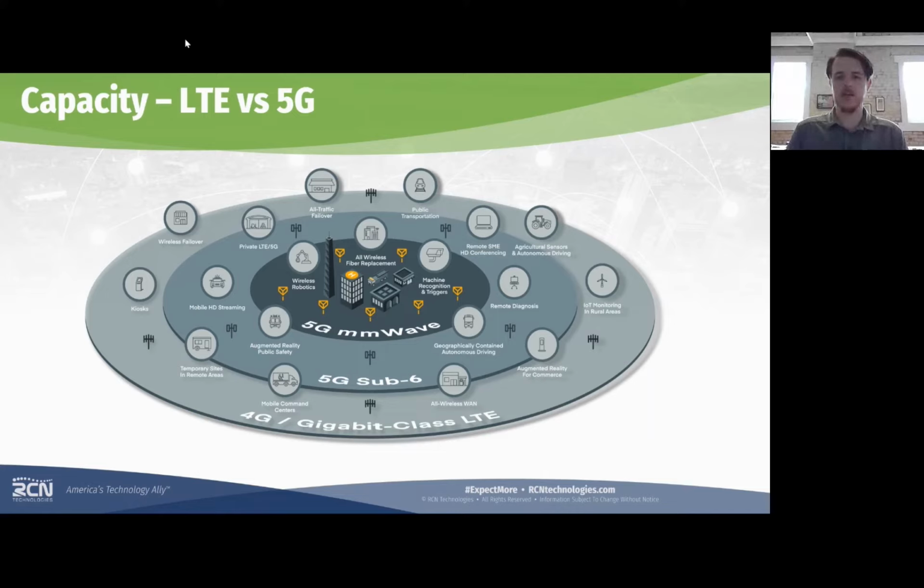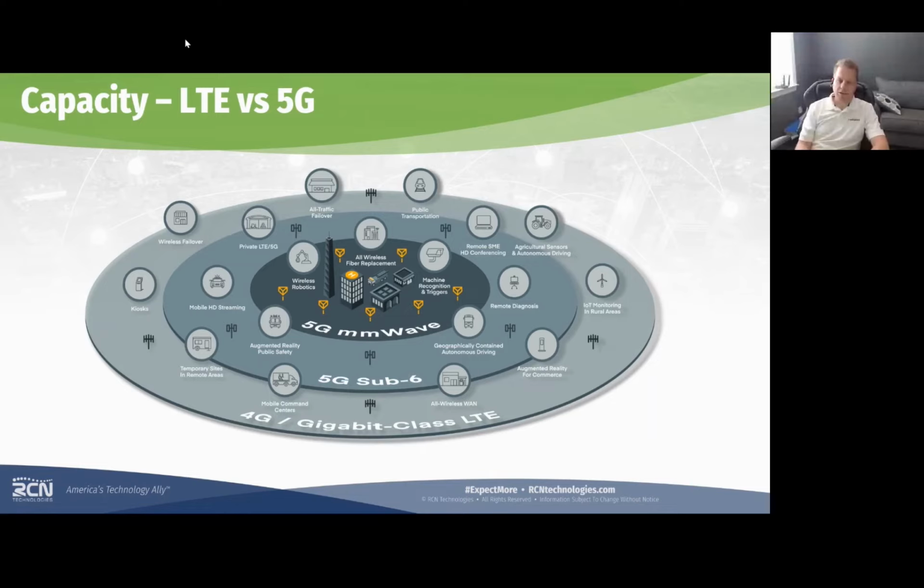And I like showing the machine recognition and triggers and wireless robotics and that sort of thing in the high band space, showing that these are machines that we're going to have a lot of them running all at once, and they're all going to need to be connected and have really low latency and good capacity. Yeah. And that's where that dense scale comes in with that millimeter wave, being able to support that many devices,